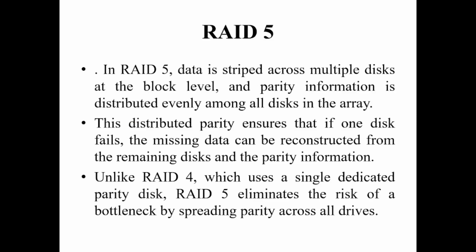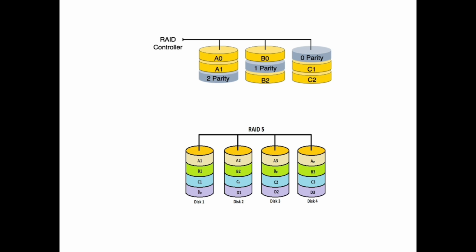Okay, and we are going to see about RAID 5. In RAID 5, the data is striped across multiple disks at the block level, along with parity information. Here we are going to see about the